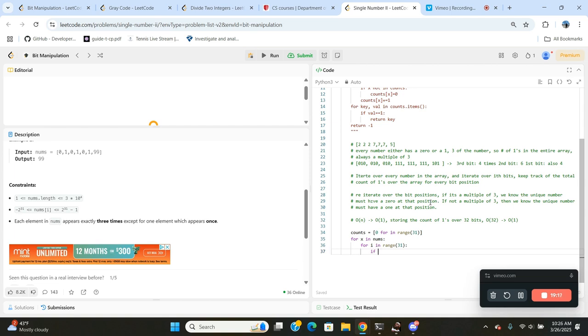So if x, I think it's x left shifted I and 1, because what that happens... oh wait, no, it's x right shifted I, no, yeah, x right shifted I, because what that does is that,